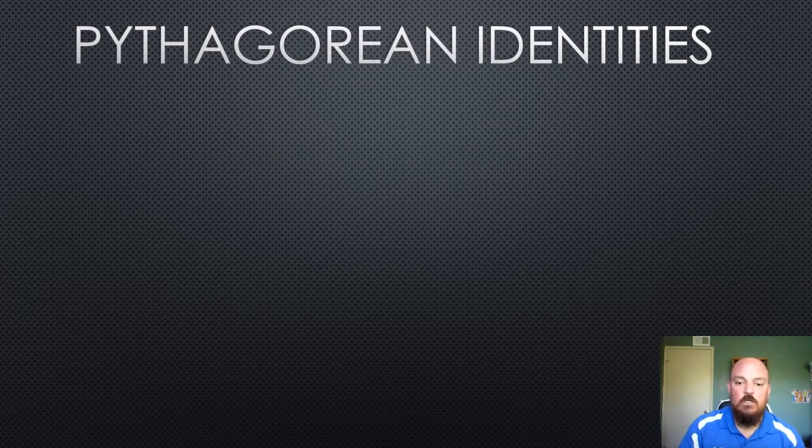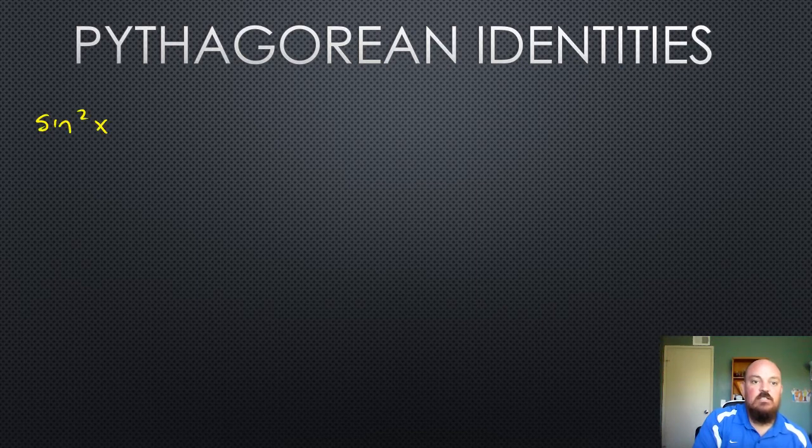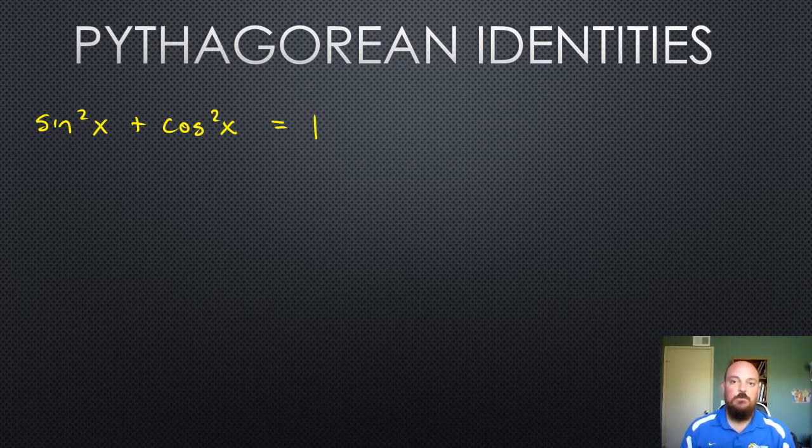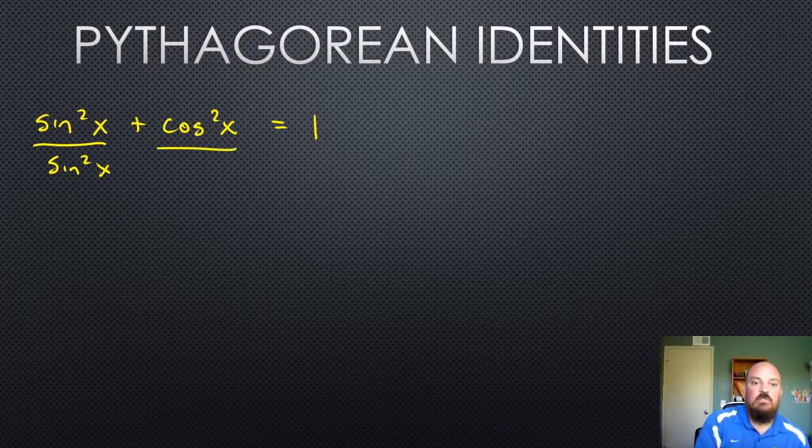So let me start with the main Pythagorean identity. We have sine squared x plus cosine squared x equals 1. And that's the one I definitely want you to know. And I'll show you why. If you know that one, you kind of automatically know the rest of them. So let's say I took this equation and I divided both sides by sine squared x, which I'm allowed to do. It's an equation. Or basically what I'll do to simplify it is I'll just divide each piece separately by sine squared x